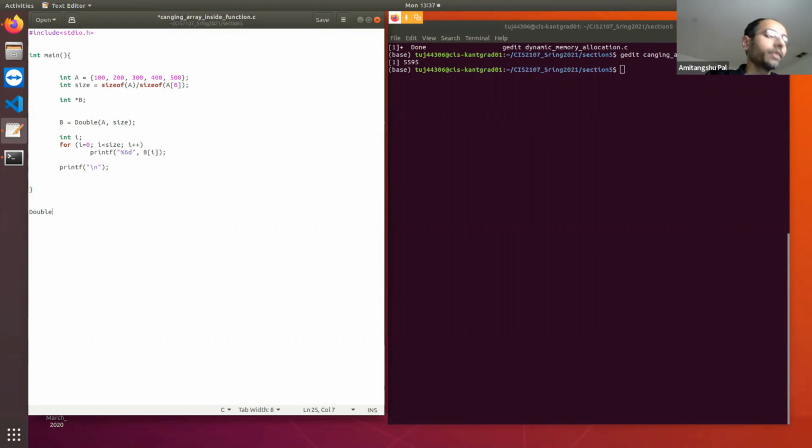So double: A is the name of the array, which is an integer pointer, and size, and it is going to return an integer pointer. So here what I am doing is declaring an array, say B, size is equal to size. So this is a variable length array.